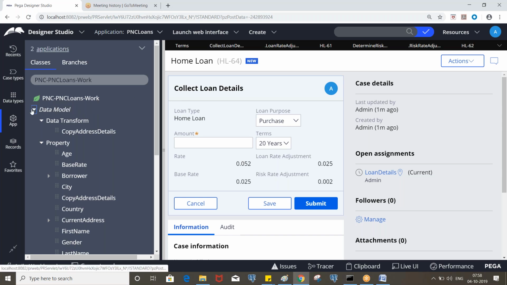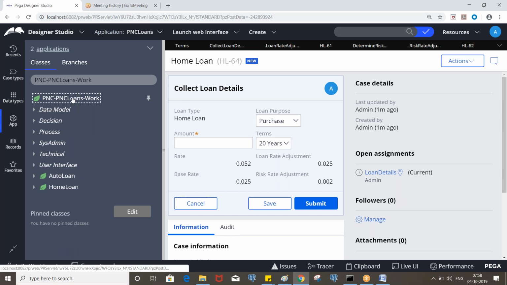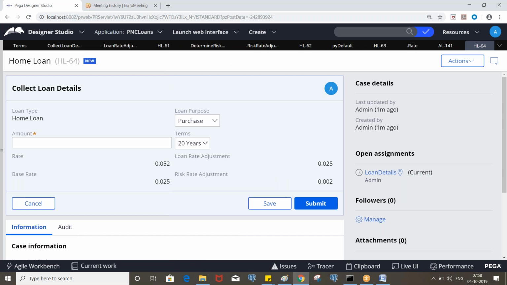Satya, yesterday we have seen declare constraint. In that we have seen that we can display a message whenever the limit is exceeded. Can we display that message on a page instead of on a property? It is displaying on the property itself, right? But it is displaying on the page also, both the places.